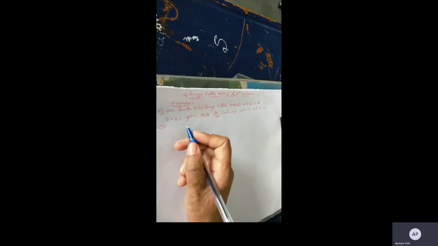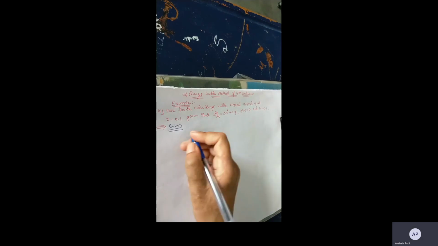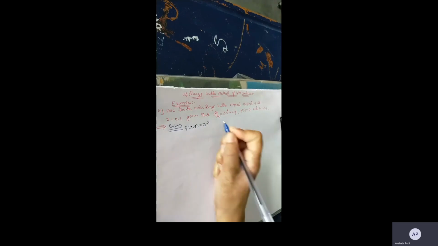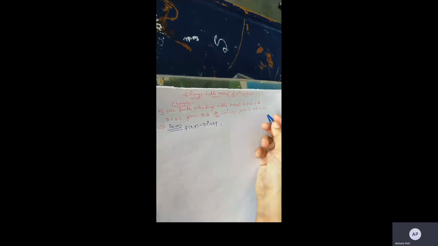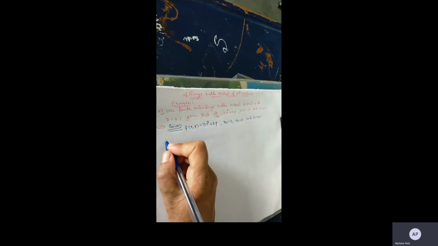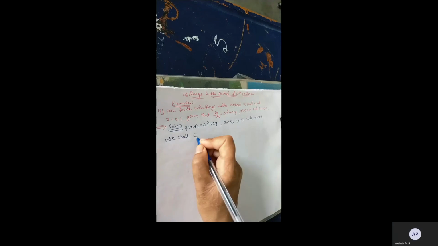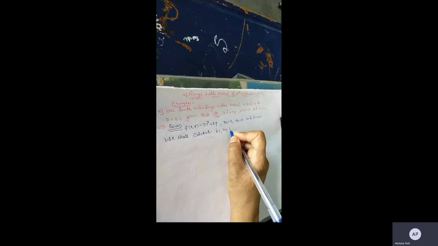First write down the given data. The differential equation is the function of x comma y equals 3 into e raised to x plus 2y, and the initial condition values are x0 equals 0, y0 equals 0, and h is 0.1. First we need to calculate k1, k2, k3 and k4.